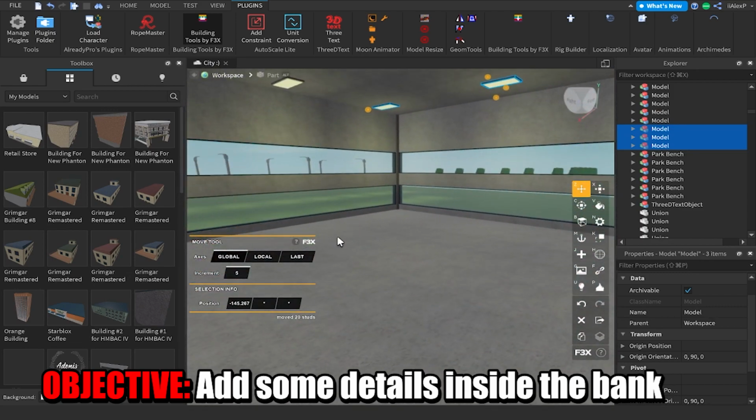So you see those lights on top of the ceiling. It looks really good. It doesn't really look that bad, as you can see. And yeah,